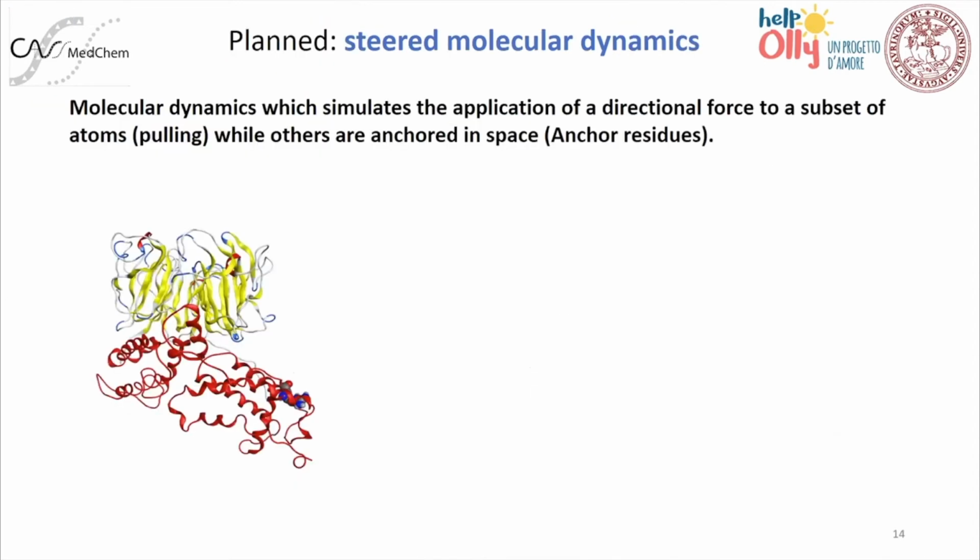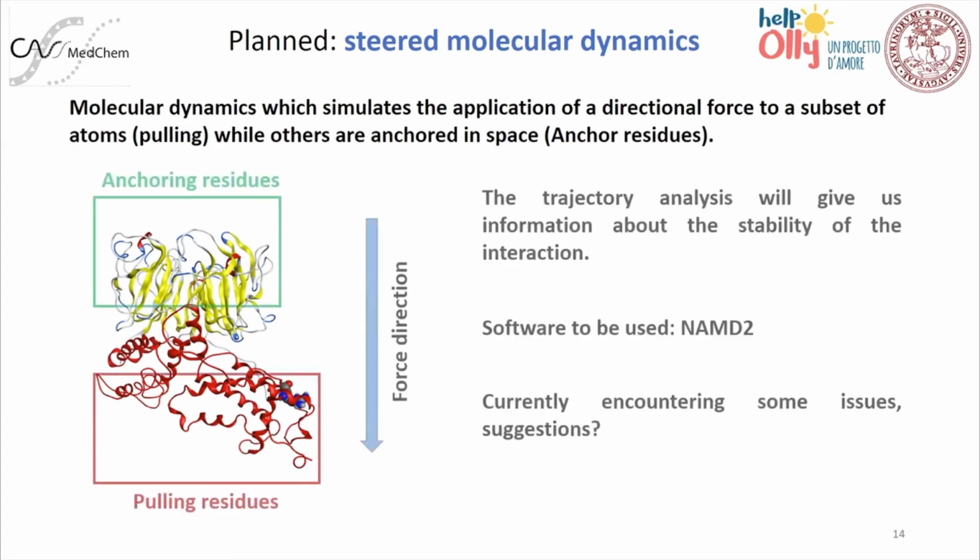So with this in mind, we are currently organizing and planning to perform a steered molecular dynamics simulation in order to further test our condition and representative structures. The idea is to apply a force to both systems, analyzing the trajectories and seeing whether the VPS9 mutated domain interacting with RLD looks more stable and resistant to the changing. But I also have to mention, we are optimizing that with NAMD. We are currently encountering some issues in doing that.